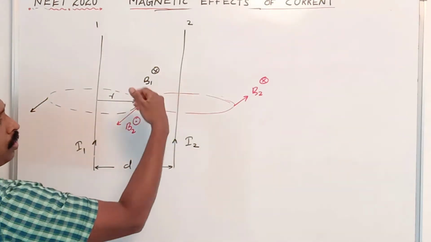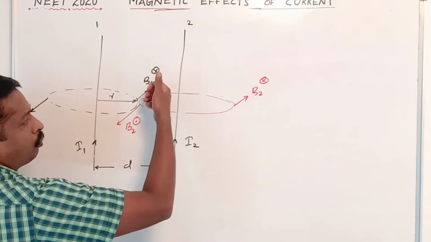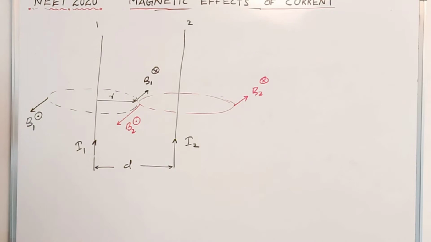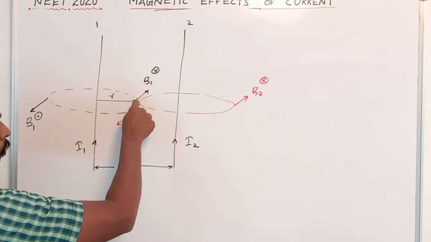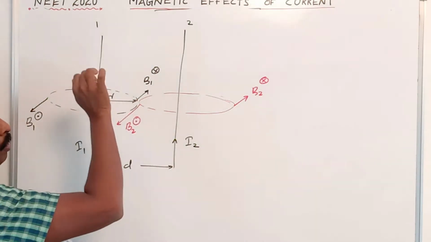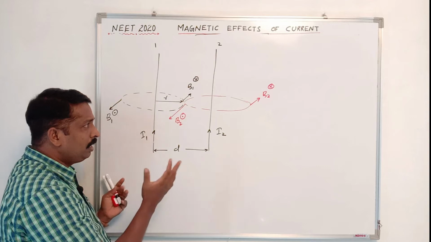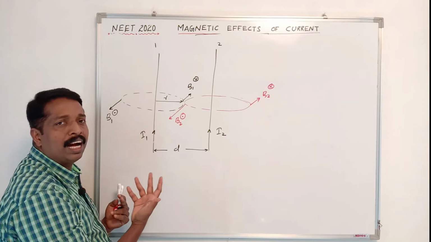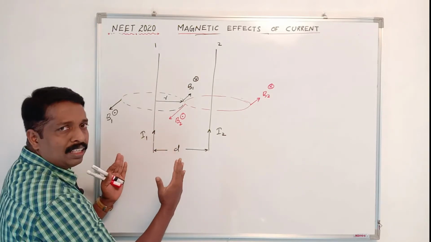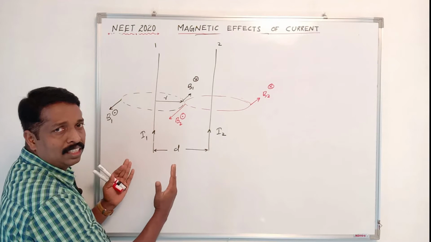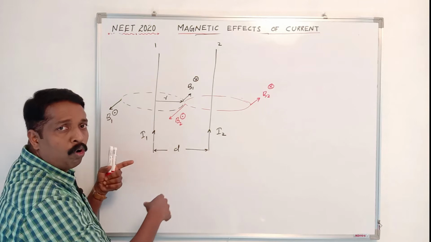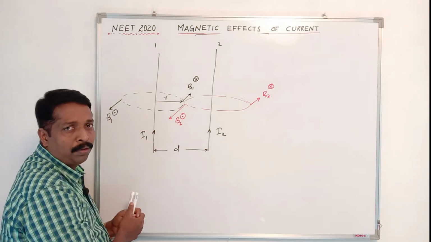Due to the second one, to the right of the conductor the field is into the plane, and to the left it is out of the plane. So these are the magnetic fields. So at the midpoint of the conductor, B1 is into the plane and B2 is out of the plane. These two fields are opposite in direction. Opposite field lines means they attract each other. So when two parallel conductors are placed such that their currents are along the same direction, then they will attract each other. If the currents are in opposite directions, then they will repel each other.